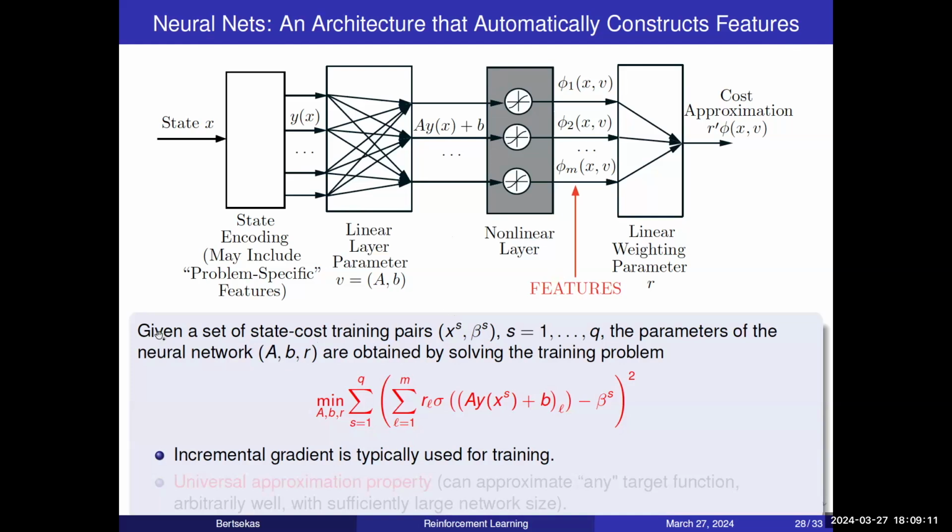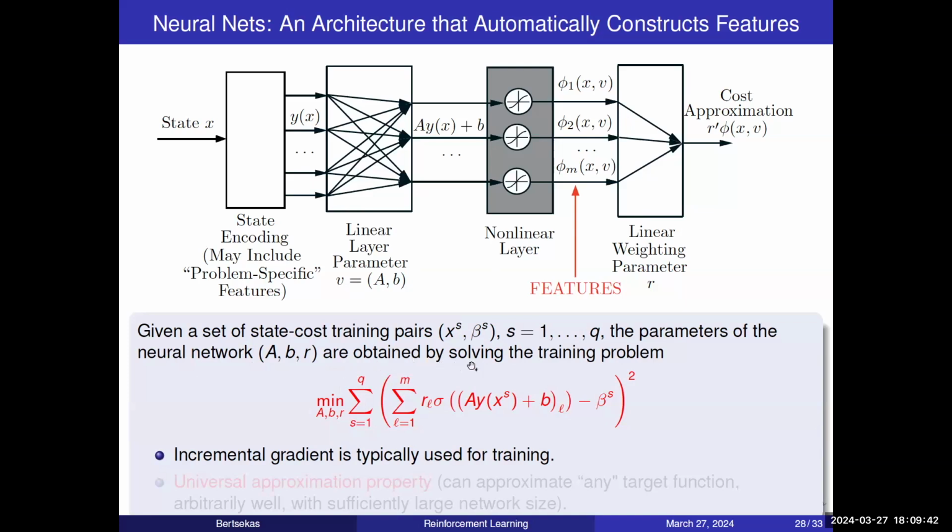If we connect the neural network with the training algorithm that we have discussed, then given a set of state and cost training pairs, x_s and beta_s, where each s corresponds to one training sample, the parameters of this particular neural network can be optimized or learned